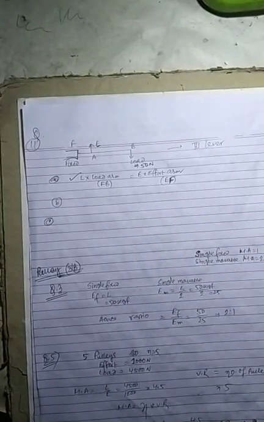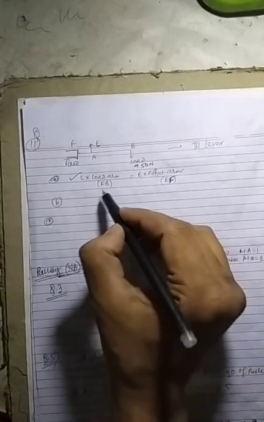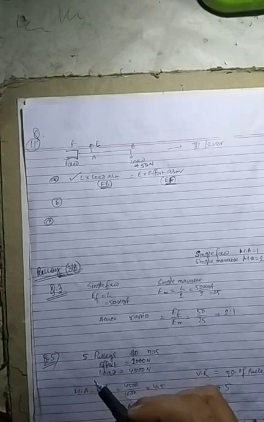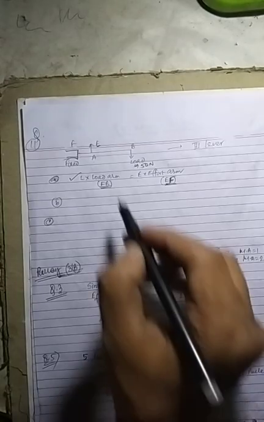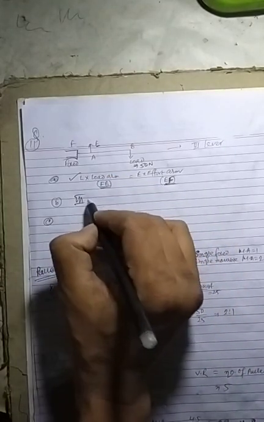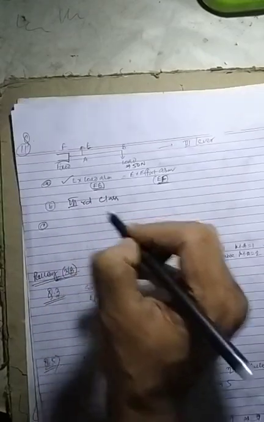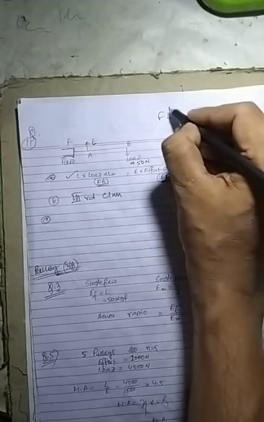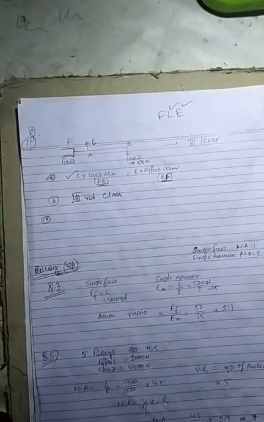Okay, now students, load into load arm, effort into effort arm. So load arm is FB, effort arm is EF. Now the second question: to which class lever does it belong? Middle effort means third class. Middle fulcrum means first class, you know the formula FLE. Load in the middle means second, middle effort means third class lever.